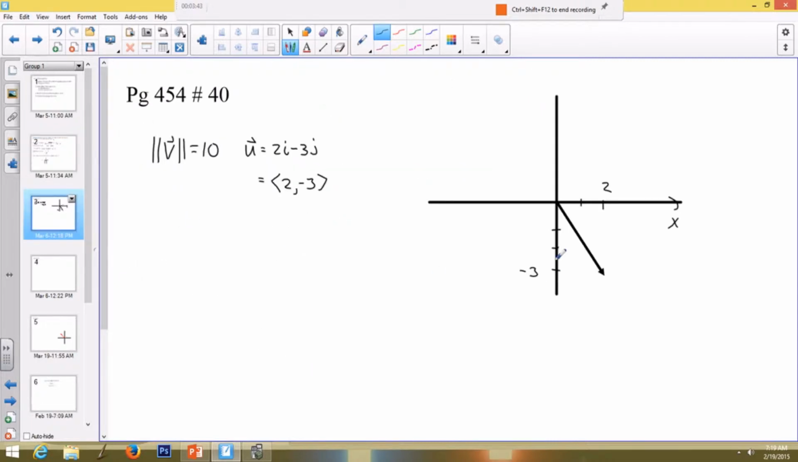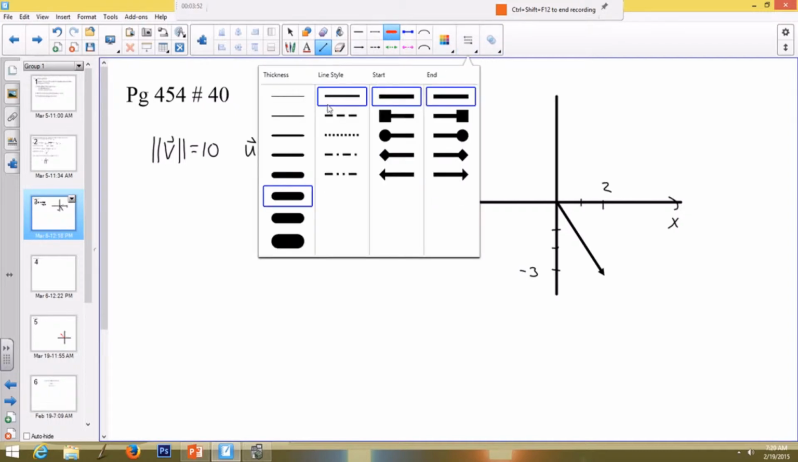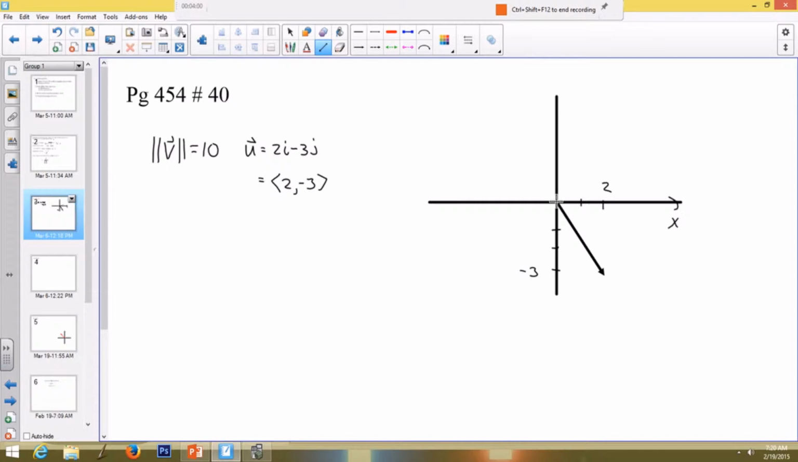Let's make it a little bit smaller. I only want my thickness to be this, just for now. Okay, what we're essentially going to do is start with this original vector, shrink it down to a 1 unit vector in the same direction, and then use scalar multiplication to get a final vector in the same direction that is 10 units long. So the unit vector, I'm going to call it w for right now,